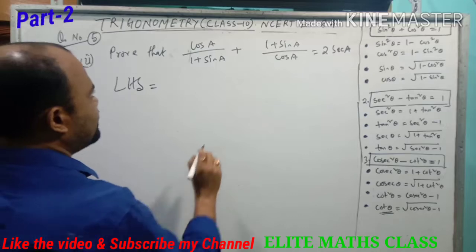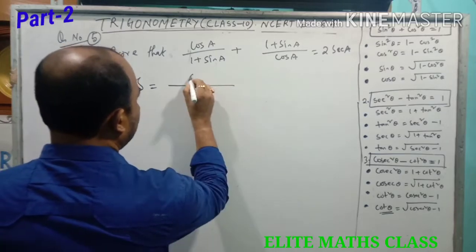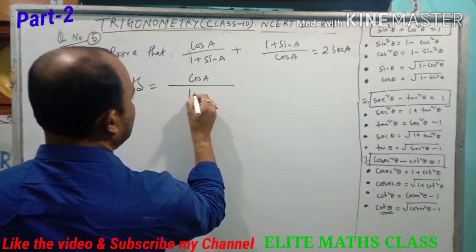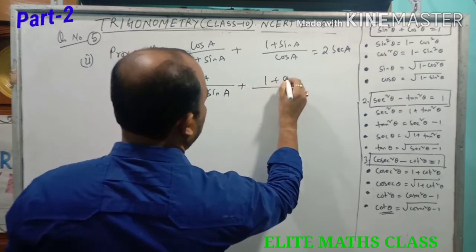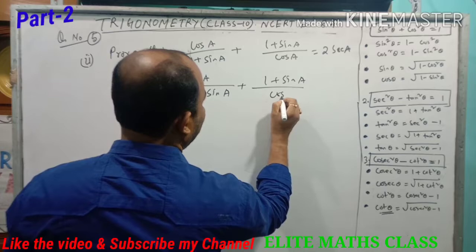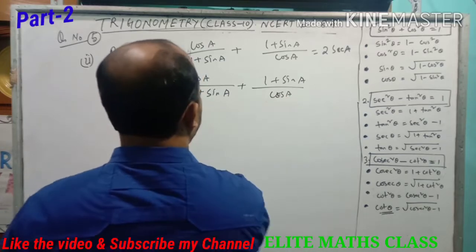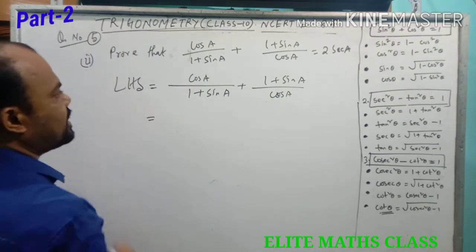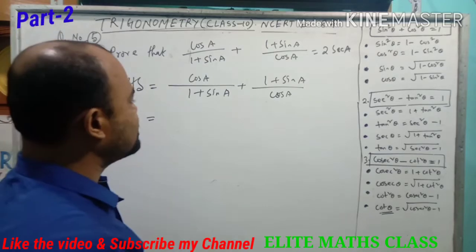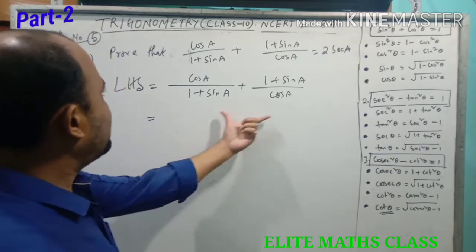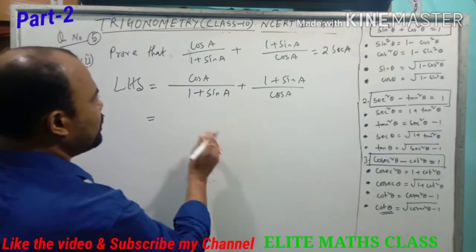This type of question is very easy, don't get worried, but one thing you have to do is memorize all the formulas. So do that first, memorize all the formulas, then you will easily understand these sums, this type of identities. These are actually applications of identities. Now we have written the LHS part. Now what can we do?